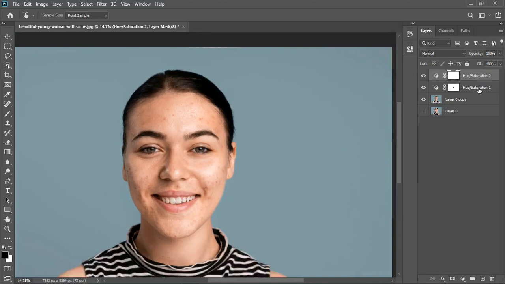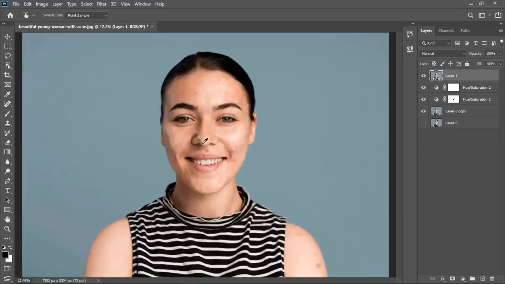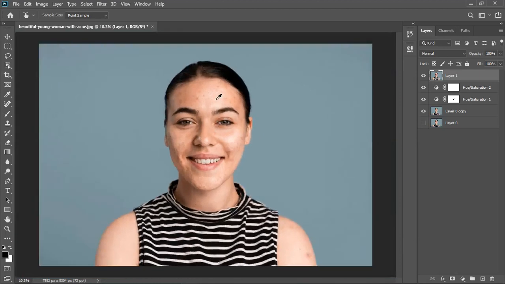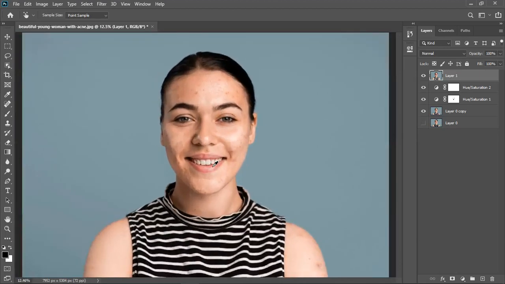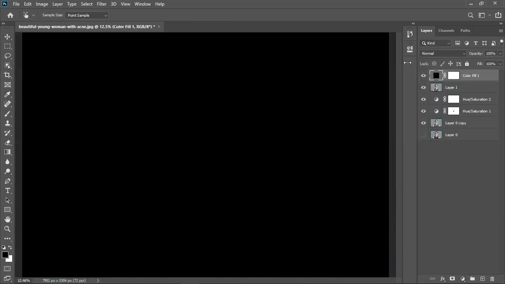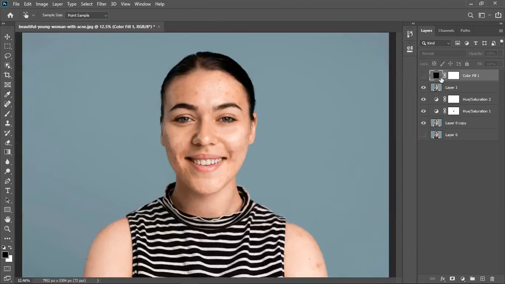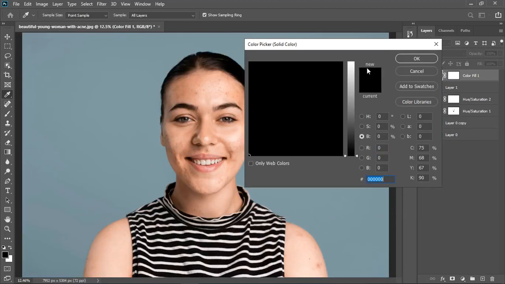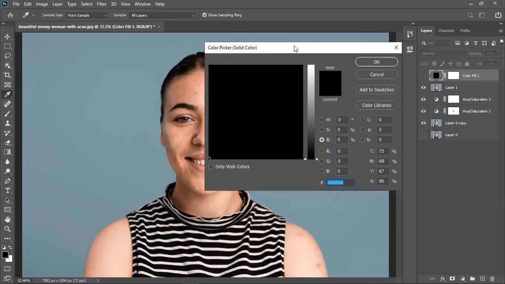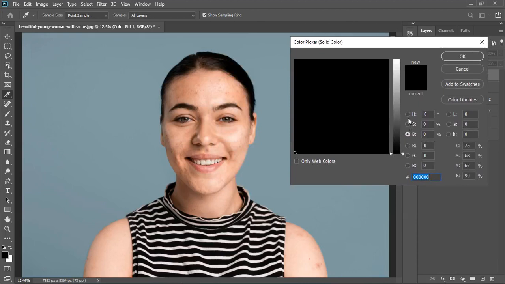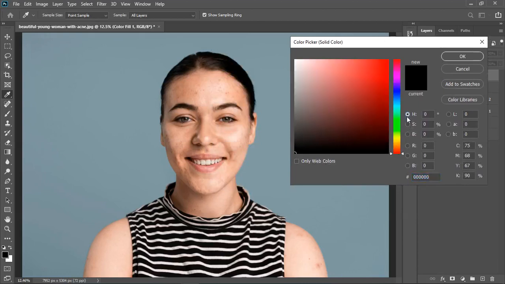Let's create a stem visible layer by holding Ctrl Shift Alt E, and then we go ahead to do some frequency separation. But before we do any frequency separation, let's adjust the white balance. For us to do that, I'm going to use a solid color layer to do some white balance. Just click OK on any color, turn it off, and double click on the color there, which is this black icon, and then go to hue and